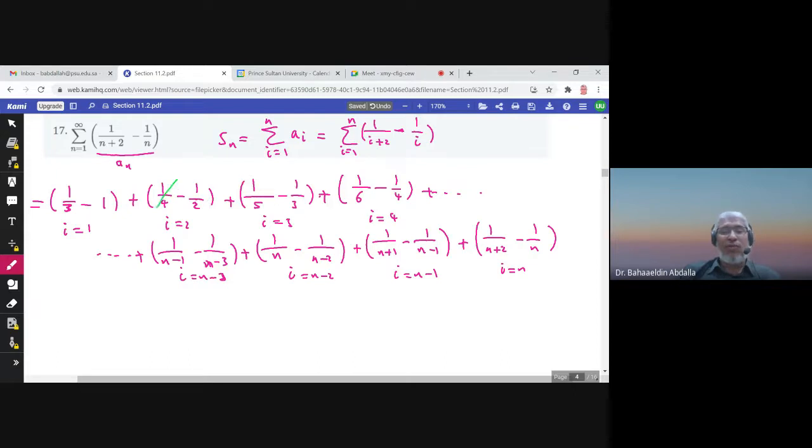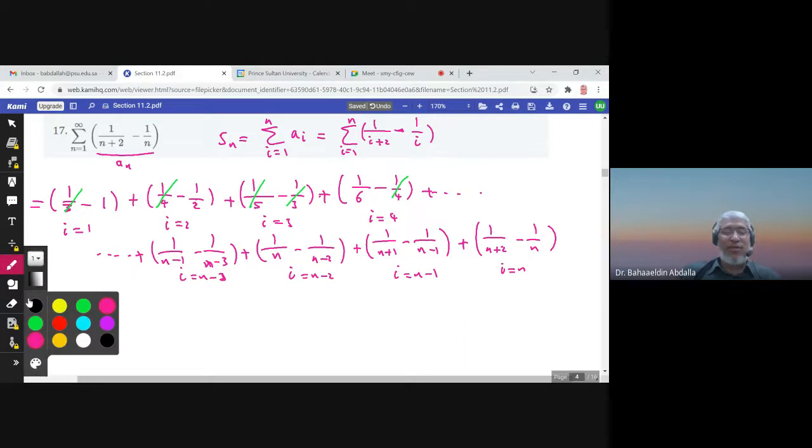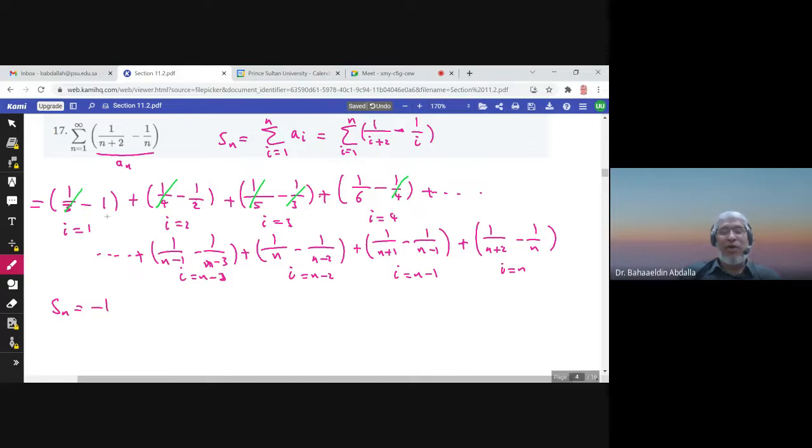1 over 4 would be cancelled with 1 over 4. 1 over 5. 1 over 3 also is cancelled with 1 over 3. 1 over 5 would be cancelled with the next term here. When we take i equals 5, this would be negative 1 over 5, so 1 over 5 would be cancelled. And then 1 over 6 would be cancelled. So all the terms would be cancelled except negative 1